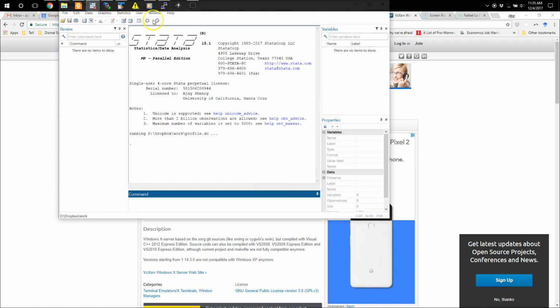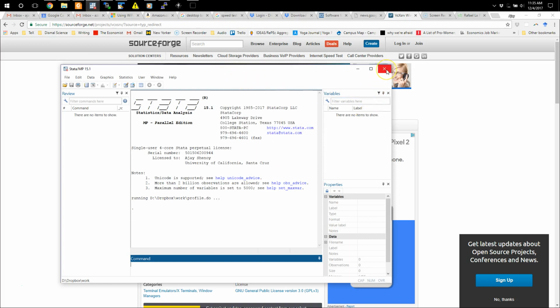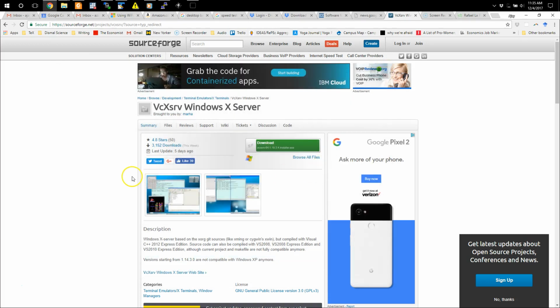So this is what Stata would look like if I ran it on my desktop. There's a window here, it can produce graphs, etc. You might want to have something like that, but having all the stats run on the remote server. So the way you do that is you need,